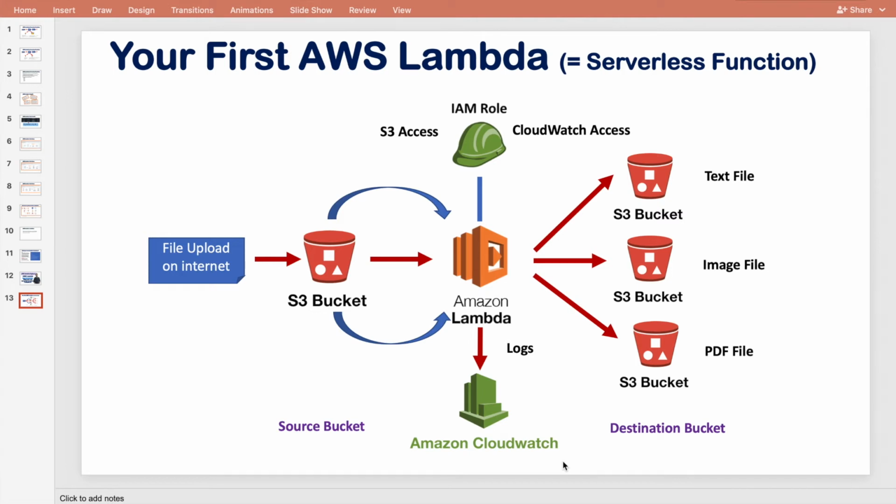Create our first AWS Lambda function. So let us start. This is our use case. We have to upload some files on one S3 bucket, that is the source bucket, and the moment S3 gets any file, it will trigger the event to Amazon Lambda, and Amazon Lambda, as per the extension of the